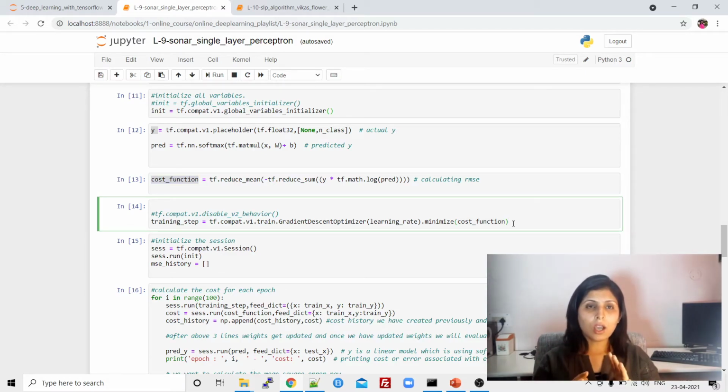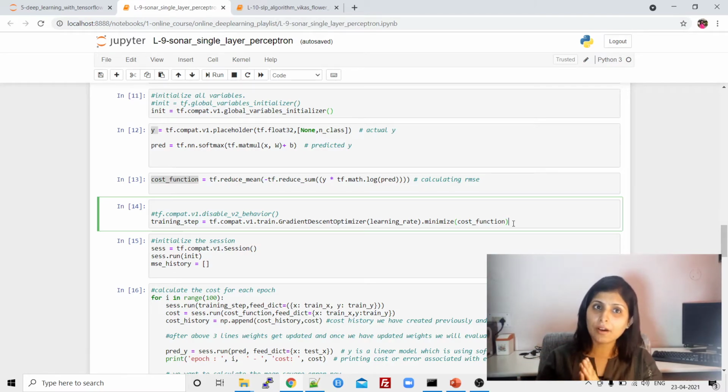So till now we have just built a graph. Building a graph simply means we have written the code for what we want to perform. We have written everything in sequence. First of all, we have defined the values of x, y, w and bias, and then we have written an equation for the perceptron, and then we have calculated the loss, and then we have written code for updating the weights. Now let's start the session and execute our code, and let's see the result.